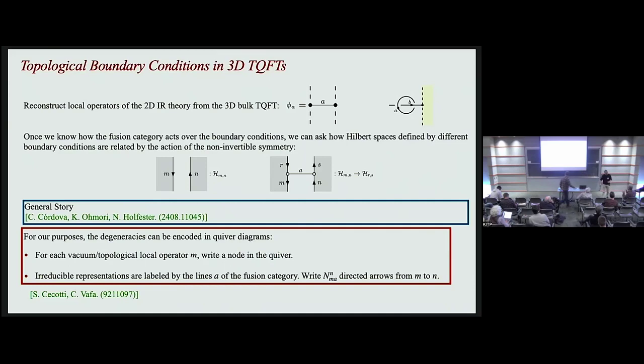Sorry, a naive question related to the earlier question about picturing in terms of flux lines. Is there a simple picture of why the vacua correspond to the symmetry generators? Well, I would say it's the same answer that I just gave Theo, which is that it comes from the fact that it's a topological concept with the two boundaries in the same boundary conditions. So basically the local operators can be labeled by the same labels.